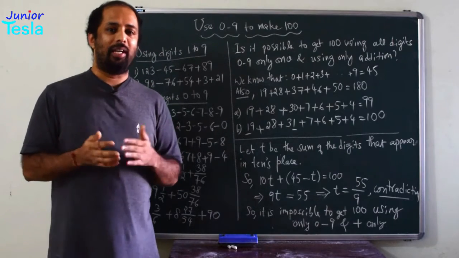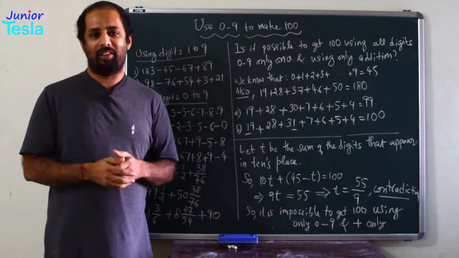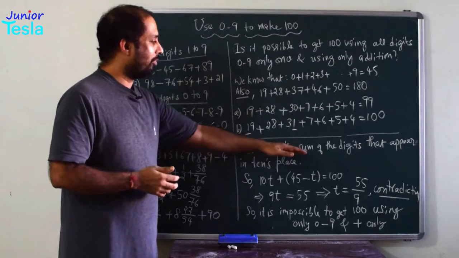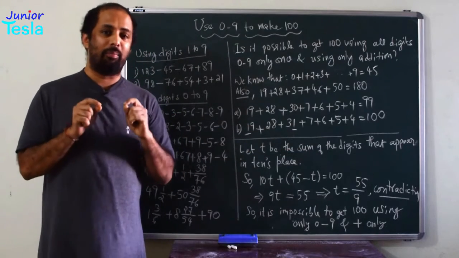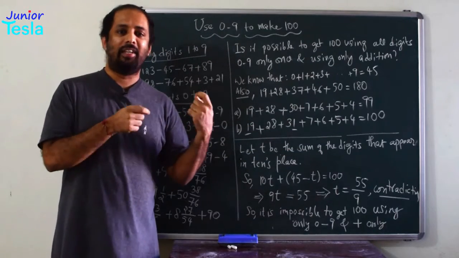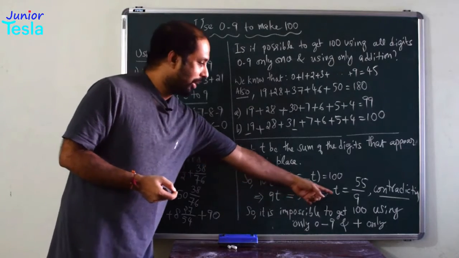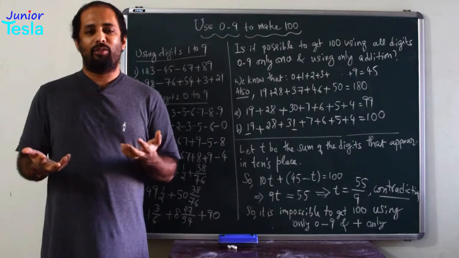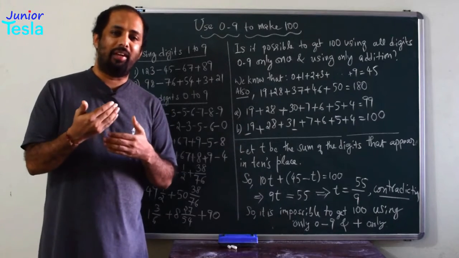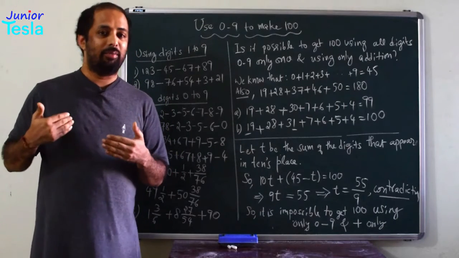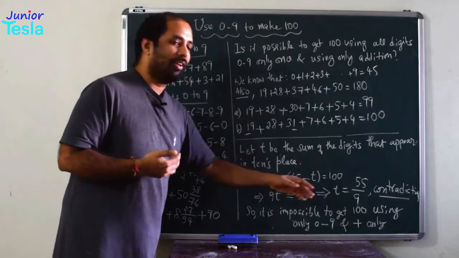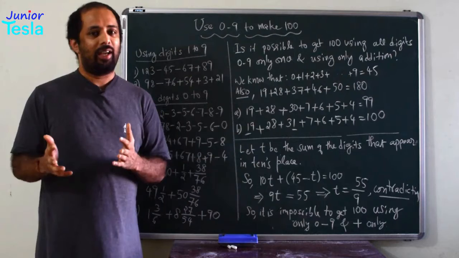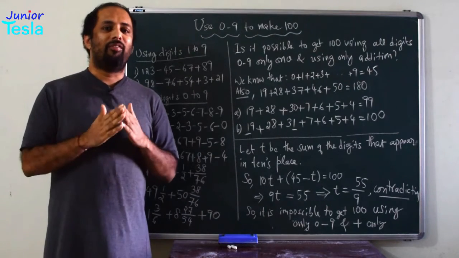Now 55 divided by 9 is not an integer, it is just a fraction, right? But we had assumed that t is the sum of digits that appear in the tens place. So that basically means we had assumed that t is an integer. But here we are coming to an expression that says t is not an integer, it is a fraction. So this is a clear contradiction between the final conclusion and the assumption. The assumption is t is an integer and the final conclusion is t is not an integer. So definitely there is a contradiction between these two statements,